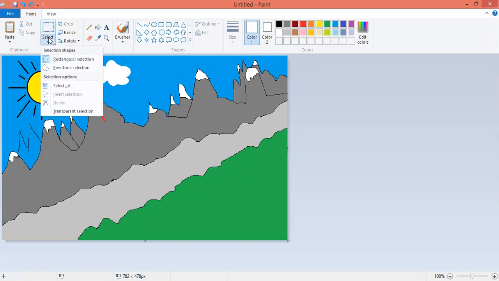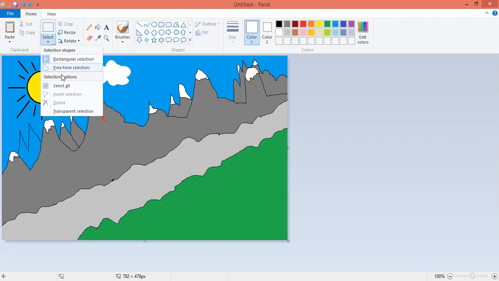Again I am clicking on select, and this time I select the free form, the second option. The free form selection is basically the irregular selection. Irregular means it will give you control like a pencil. I make mountains in an irregular shape because I am moving my pencil with the help of my mouse, and it's a free shape.